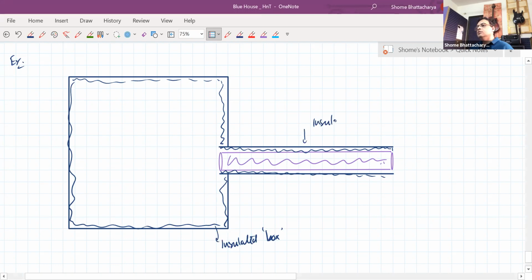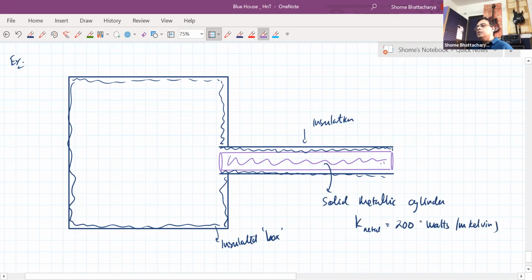This is insulation. But this one here is a solid metallic cylinder. Now the metal has thermal conductivity given to us of 200 watts per meter Kelvin. Okay. And both the surfaces are open. Open surface. Okay. Now inside this, there is a heat source